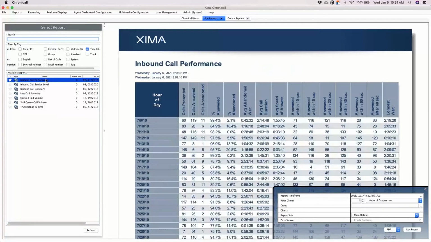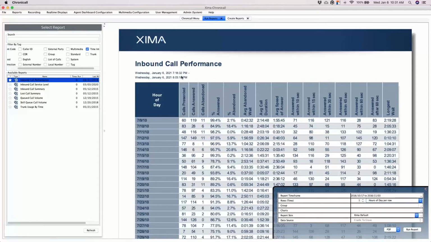It's summaries of information. However, the way that it's presented in this column, you are not going to see a name, you're not going to see a call direction, and you're not going to see a phone number. What you will see is a time interval. And these time intervals, typically by default, are hours of day per row, but could also be minutes of hour, months of year, days of week. So you have all these different options here that allow you to see, based upon a time interval, how many